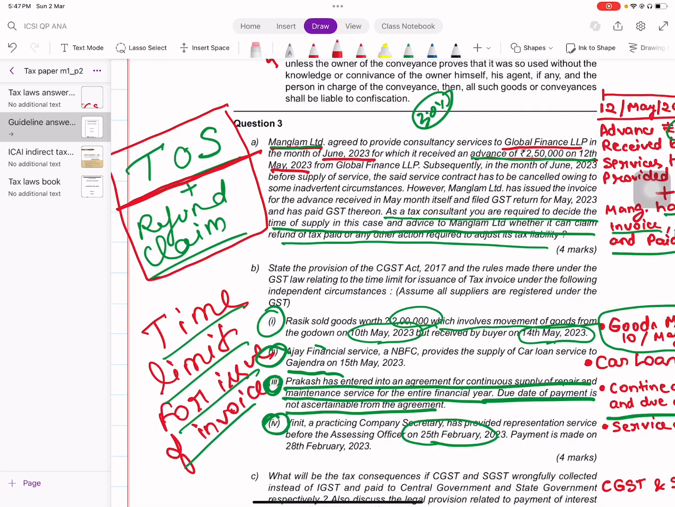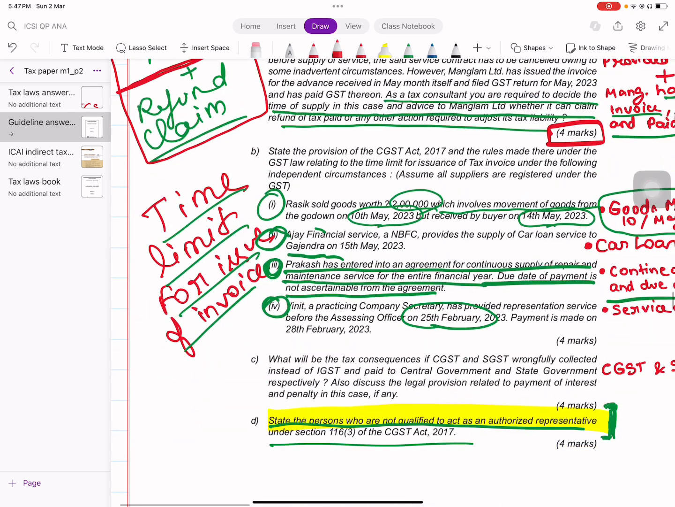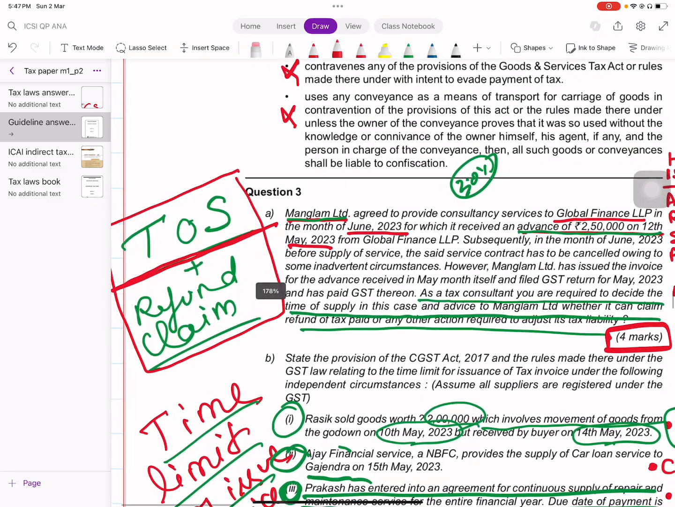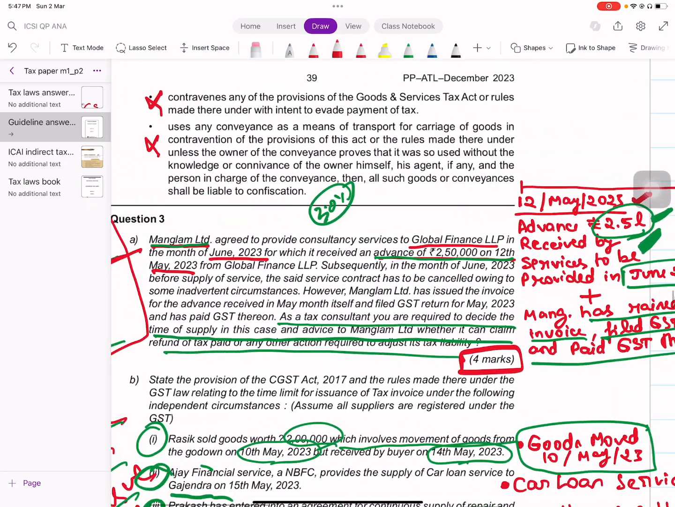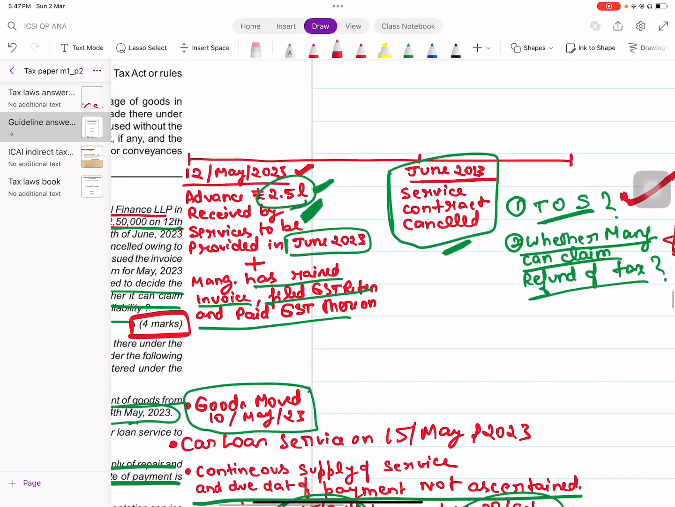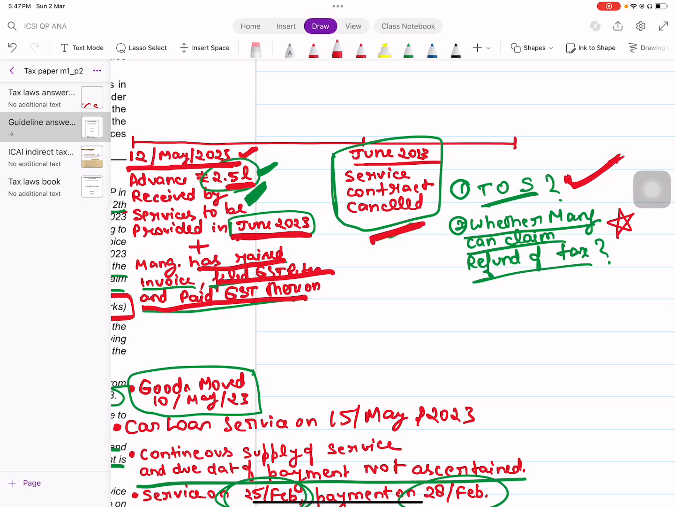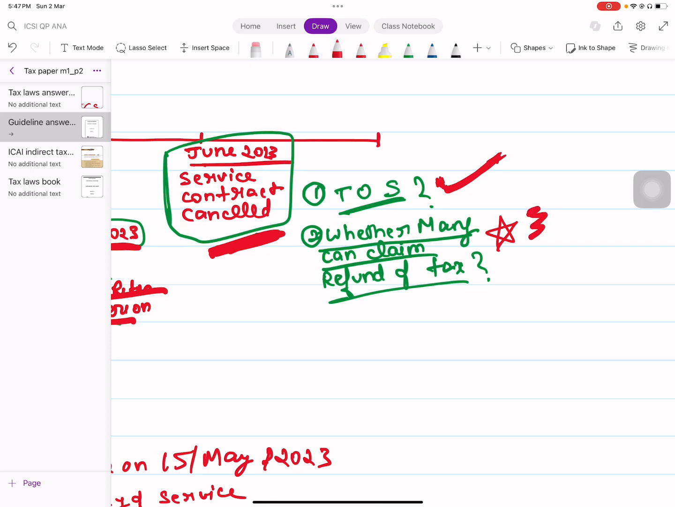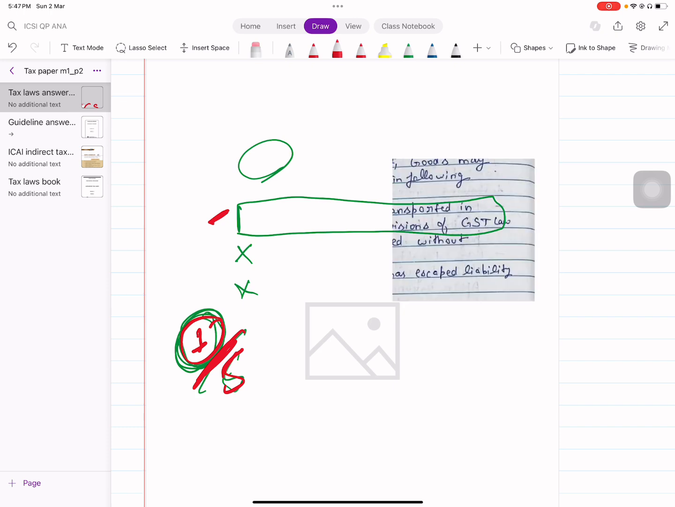Now question number 3 is of 4 marks each. It has 3A, B, C, D, E. The first question asks about time of supply and refund claim. Now let me simplify the paragraph. On 12th May 2023, the supplier received an advance of 2.5 lakh for services to be provided in June 2023. He has also raised an invoice, filed the GST return and paid GST thereon. But in June 2023, the service contract was cancelled by the recipient. Now we have to determine the time of supply and whether the supplier can claim a refund on taxes paid by him. Now for time of supply,